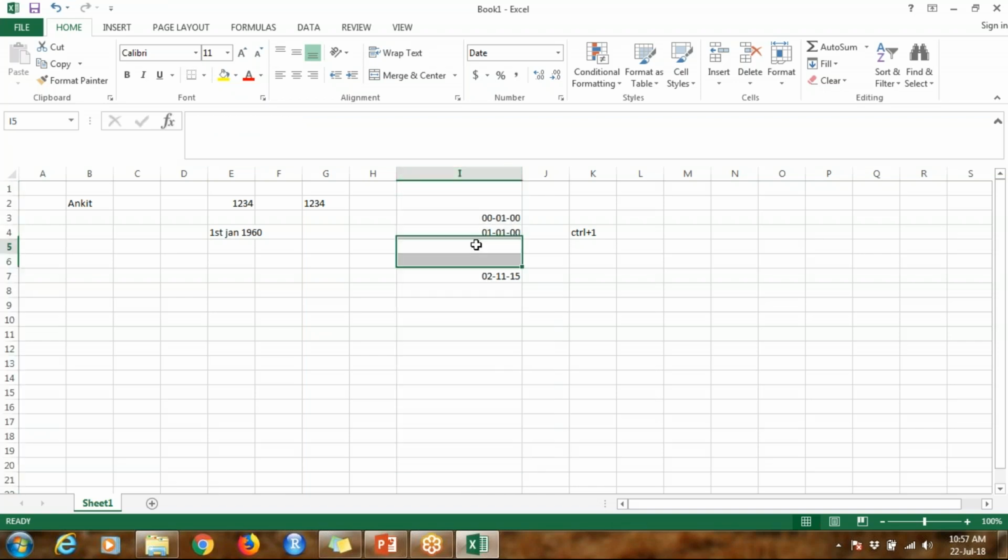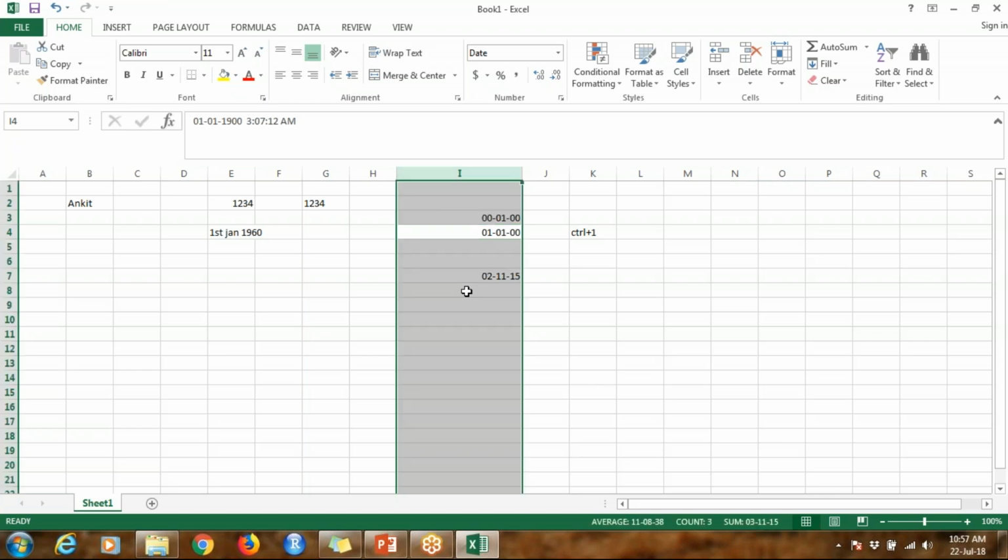So now if I want to select this entire column and delete this, what will be the method? Control and space. Control and space will select the entire column. Now if I want to select only the row, then control and shift. Sorry, control and space for this, and control